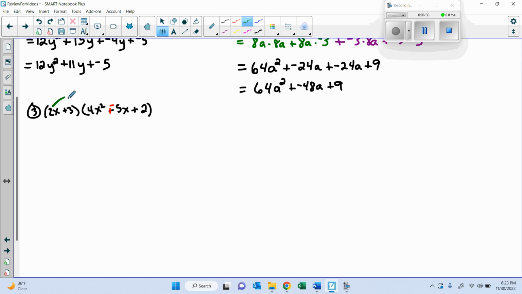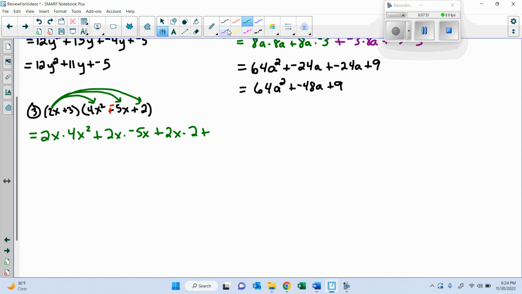So 2x has to go times 4x squared. 2x will also get multiplied by the negative 5x. And then 2x will get multiplied by 2. So that's how I can keep track. So 2x goes times each of those things. So you'll have 2x times 4x squared plus, because they're polynomials, 2x times negative 5x plus 2x times 2